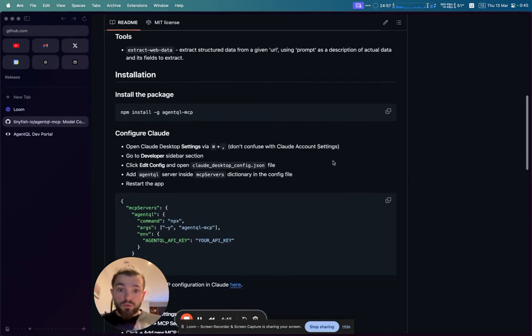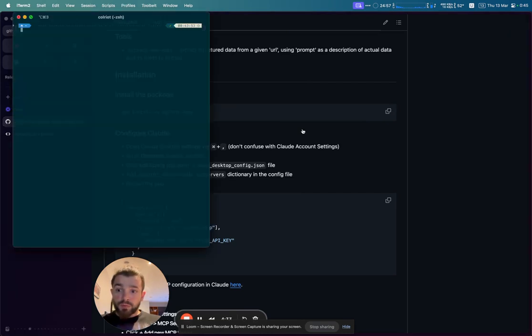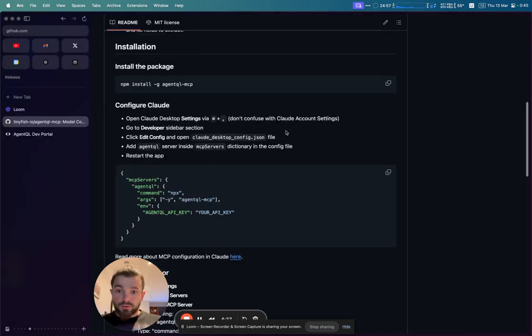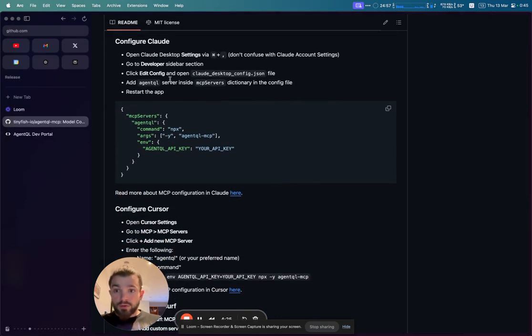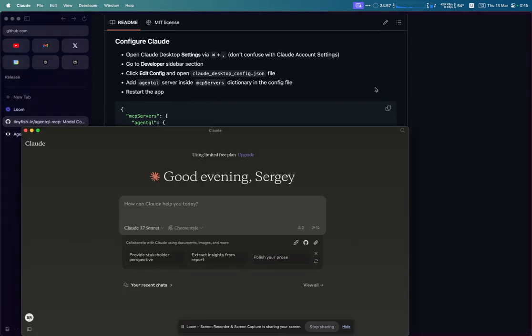Let's go through the installation and configuration with your favorite app. First of all, we need to install the AgentQL MCP package. Let's copy the command, go to the terminal, execute this command. The npm package is installed. And now, if you're using Claude, let's copy this configuration, go to the Claude application,